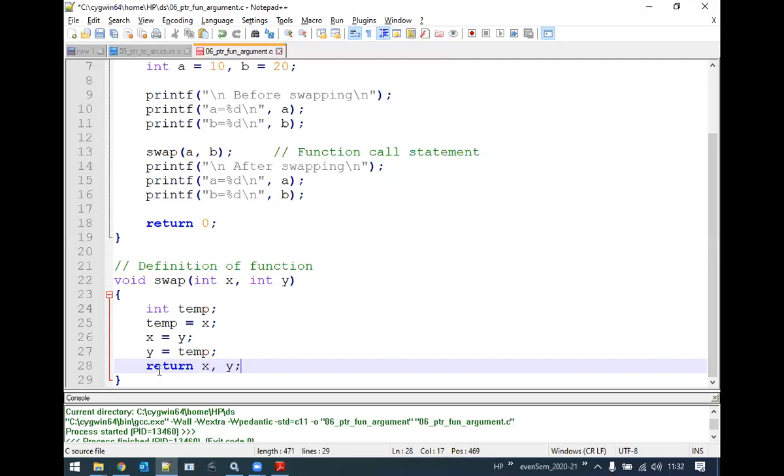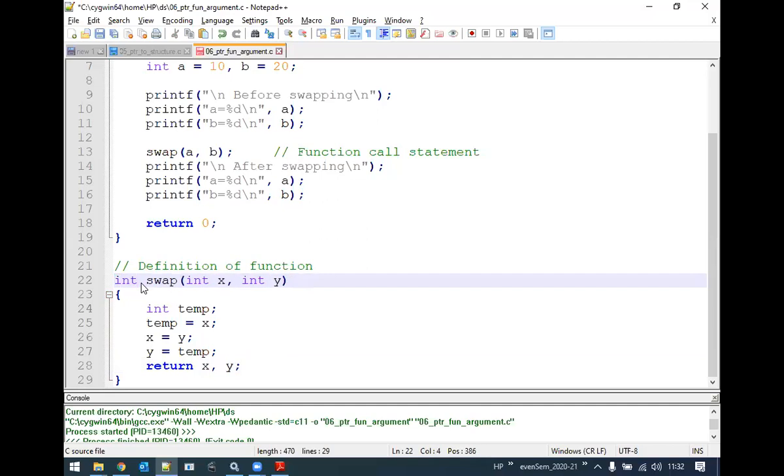Okay. Now, since it is returning, help me in understanding. Will this particular return type of the function remain as void or does it have to be changed? It should be changed. Then what should it be changed to?